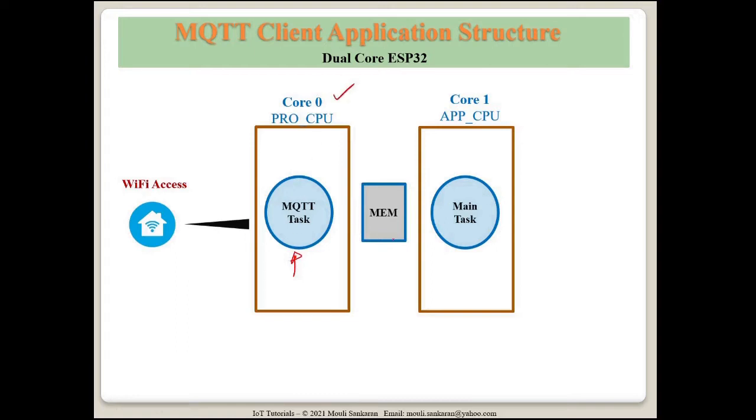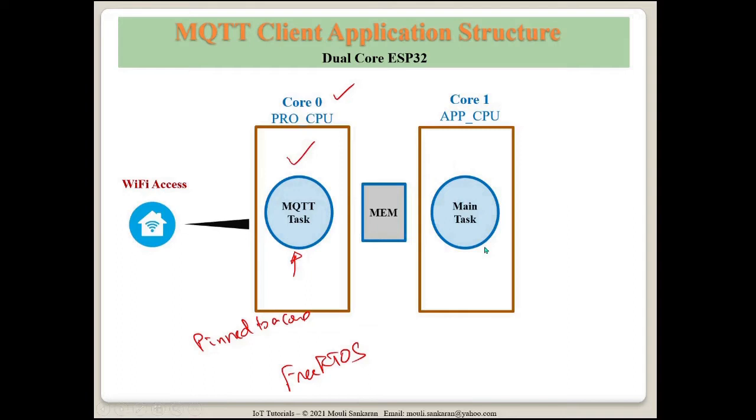Now, how do I make sure that a task is running on this core? There is a facility that I mentioned: FreeRTOS is already ported, and you can pin a task to a core. You are pinning a task to a particular core ID, and using that API will make sure that the protocol task is running on this core. Now, what do I run here?